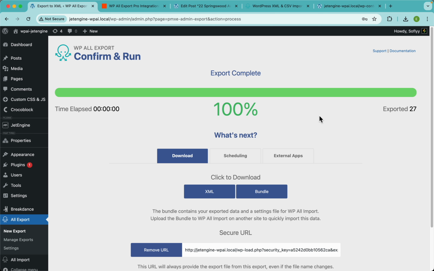Now, guys, if you have some other kinds of data and you want to import or export that, because maybe you are using ACF or JetEngine to handle your custom fields, or maybe you have a WooCommerce store, right, and want to export the orders, the products, the customers, the reviews, whatever you have, you can do it with WP import and WP export too. Just be sure to check out the other videos in our